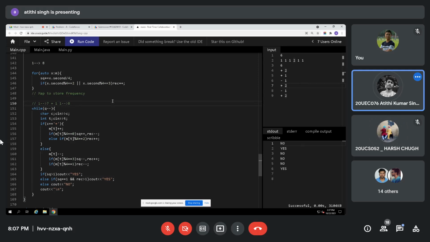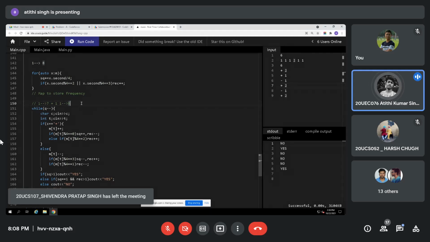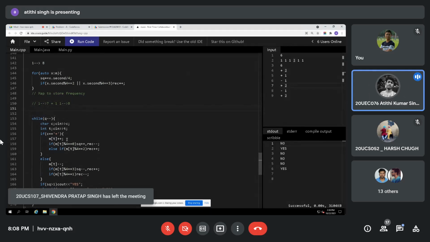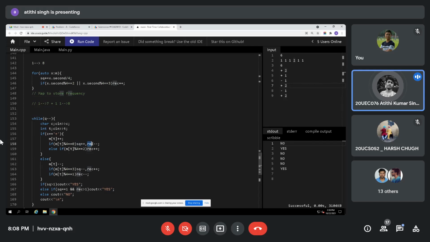Yes. Okay. So what is happening here is that I'm just converting one rectangle into, what I'm saying, for a rectangle I have chosen 2, because see what I've done here. I have taken the sides. A rectangle does not mean that I can make a rectangle from it. I can say that I can make 2 sides from it. So whenever it becomes 8, that means I am just removing one side from a rectangle and adding it to the square. And if at any condition my frequency becomes 2 or 3, I'm just incrementing the rectangle, and vice versa.